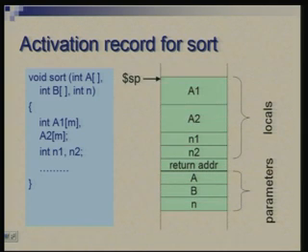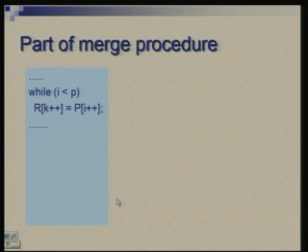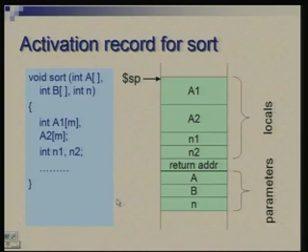So, at the bottom again, following similar idea, we keep the parameters. Okay. A address, B address and n value, these are here. Then there is space for return address. Now, out of the local data A1, A2, N1 and N2, we have put them in this order: the entire array A1, the entire array A2, value N1, value N2. So, these are here in upper part of the activation record.